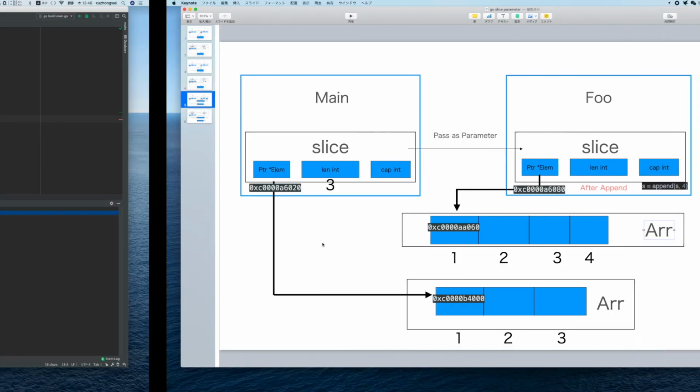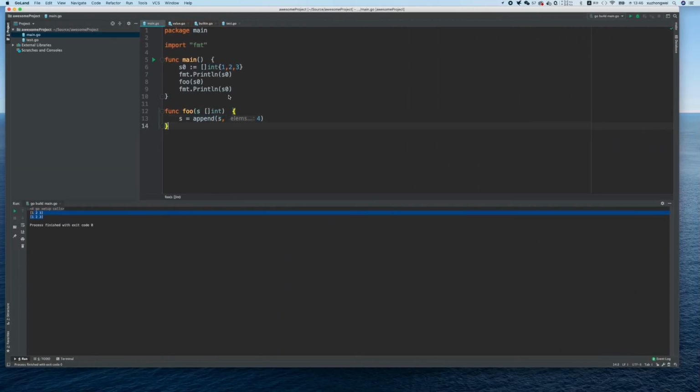So if we want to apply the modification in the main function from the for function, what we have to do is to pass the slice as a pointer here, and because we are passing the parameter as a pointer, we have to use the asterisk to operate the slice directly. Now we can operate the pointer of the slice directly. So that is what we have to do. In this case, we can show that after the execution,